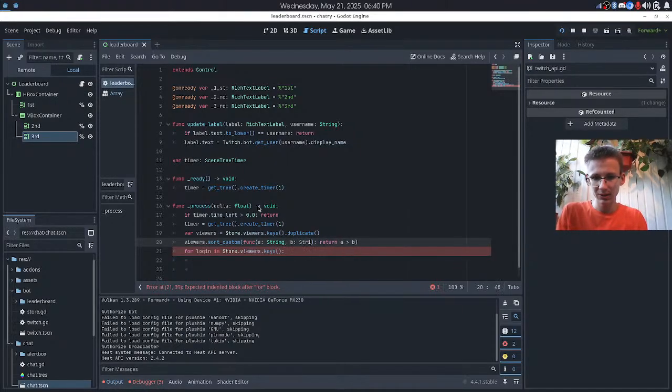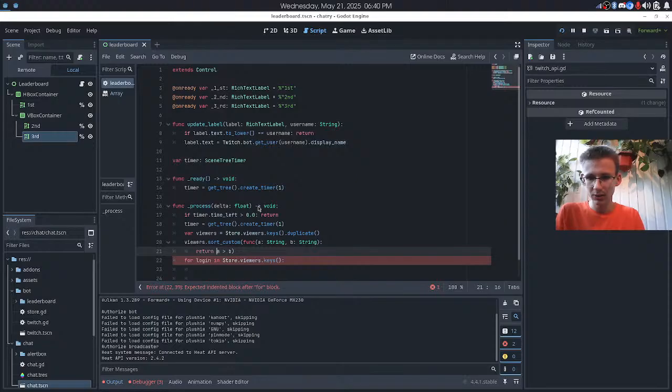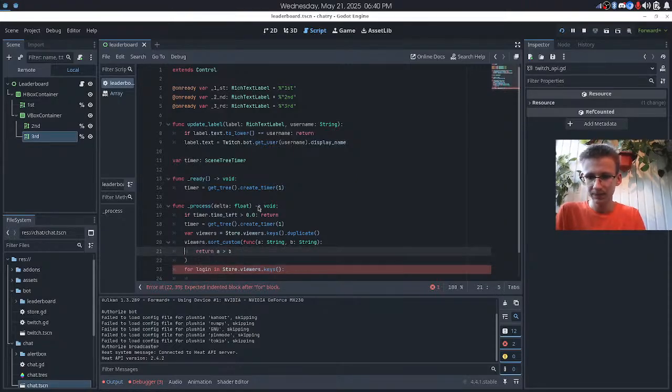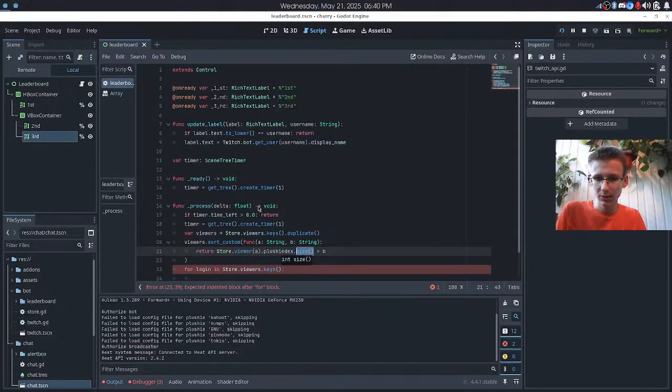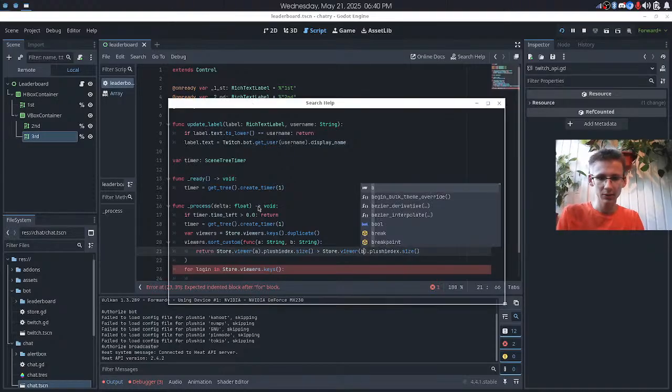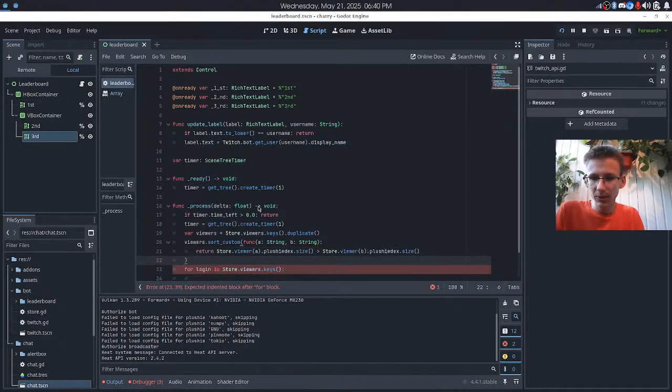String b string. So we're gonna have store a plushiedex size compared to this. So I'm gonna compare plushiedex sizes and then